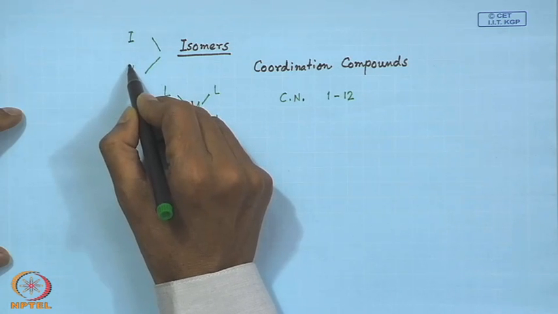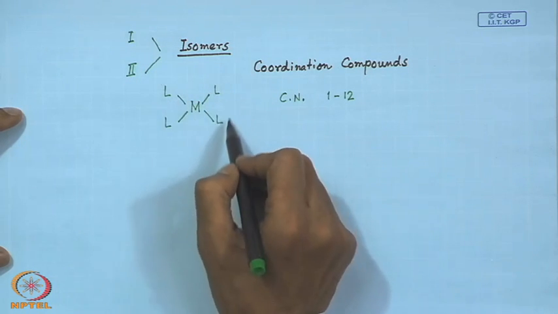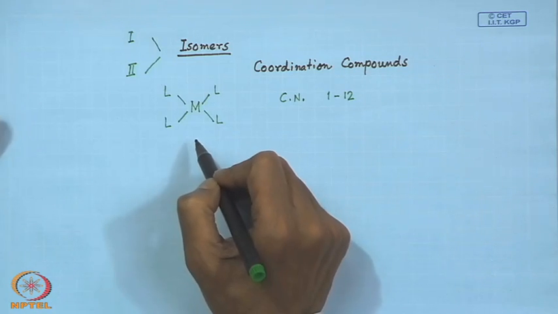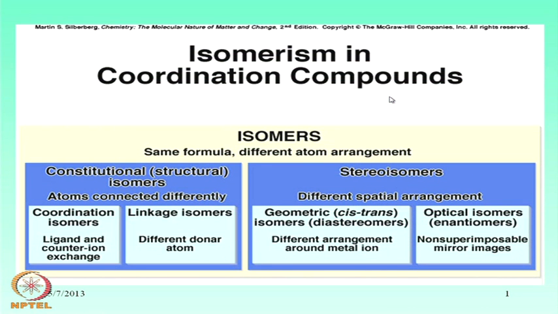So, we can have isomer 1 and isomer 2 due to the different positioning of these ligands around the metal center. So, we will see first, starting from the entire coordination compounds, what we know about the isomerism in